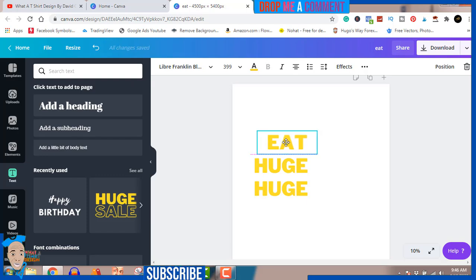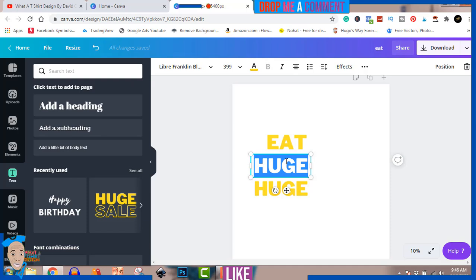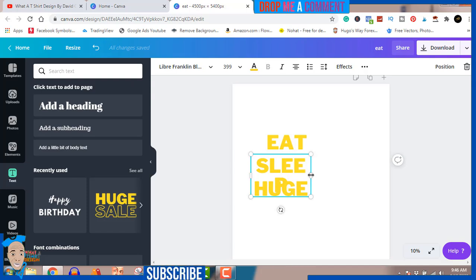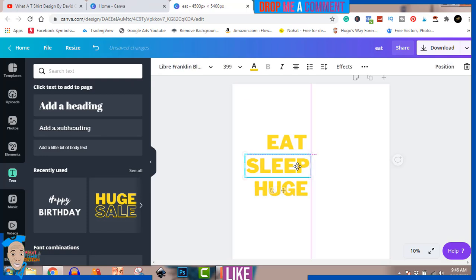We don't want it overlapping that, so do "sleep". Make it, as you can see, it has overlap. So you just have to drag this out. You press your left mouse click button and drag that out, as you can see. Super easy to do. Then we just put it like that,